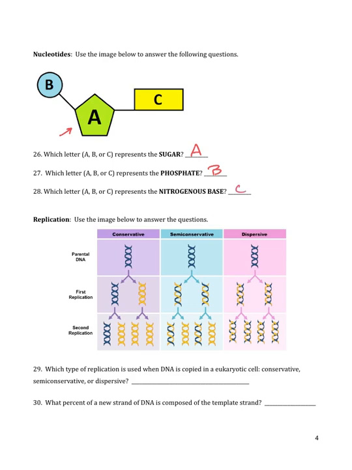Finally, we'll talk about how the DNA molecule is conserved as the DNA is replicated. Number 29 says which type of replication is used when DNA is copied in a eukaryotic cell. So it could be conservative, semi-conservative, or dispersive replication. And in eukaryotic cells, this happens through semi-conservative replication. And that's because when you start to make a new DNA strand, you take the original strand, which is called